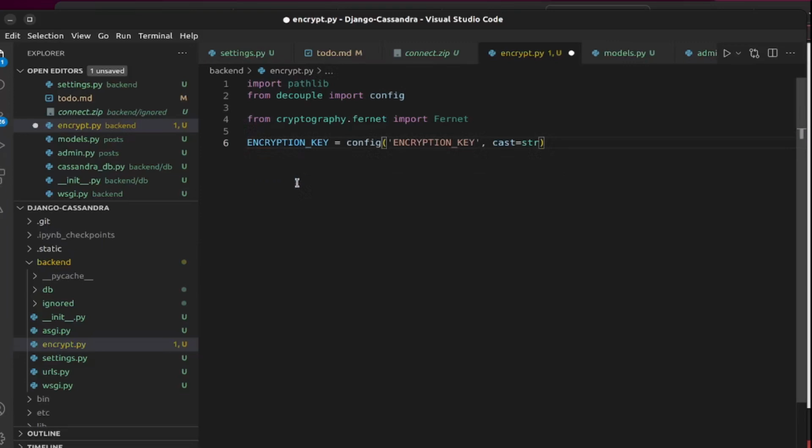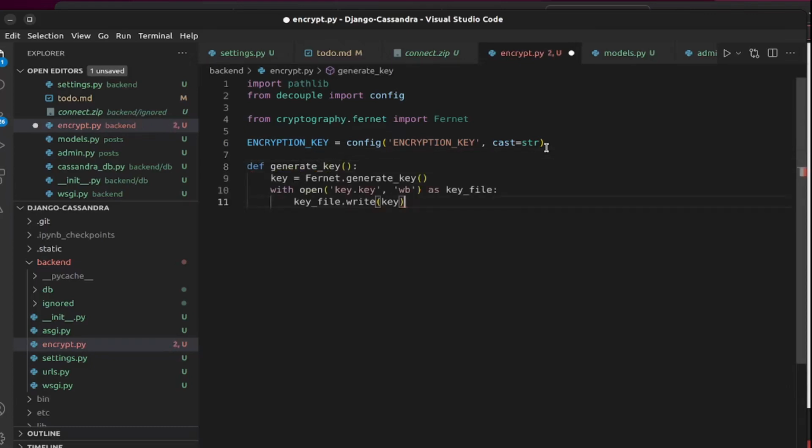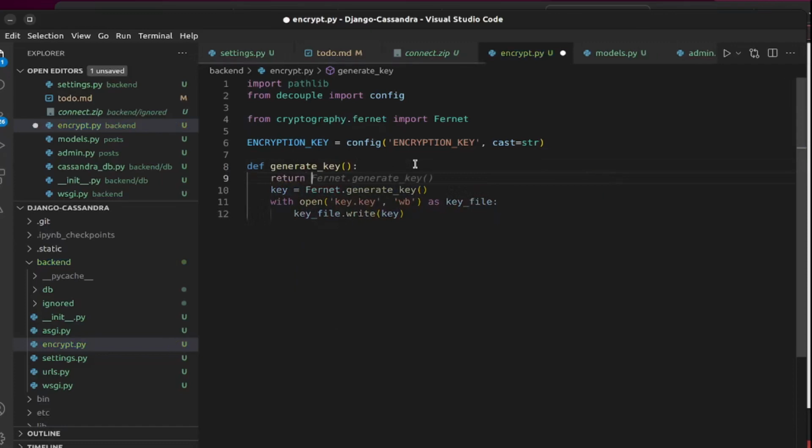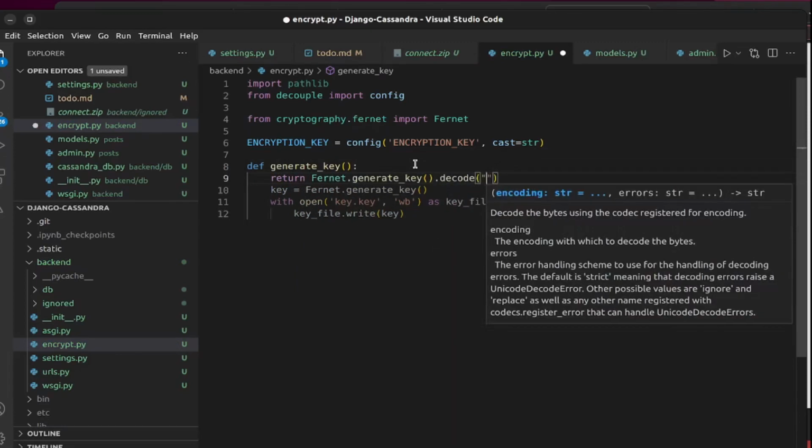Okay, so this is our encryption key, and then define generate_key. That will be return Fernet.generate_key().decode()